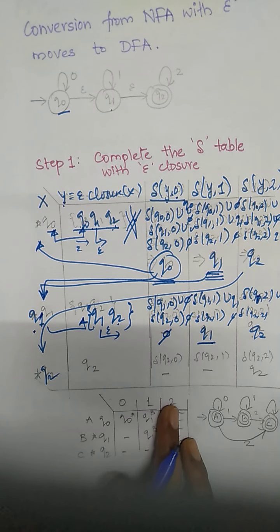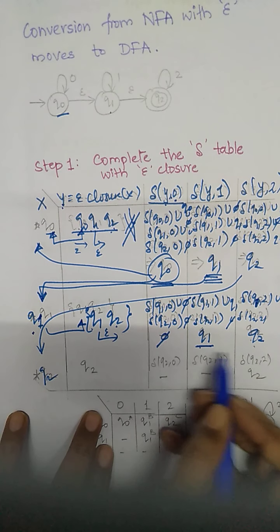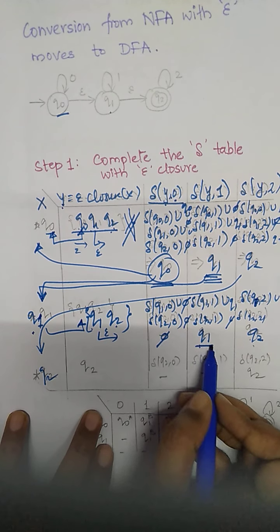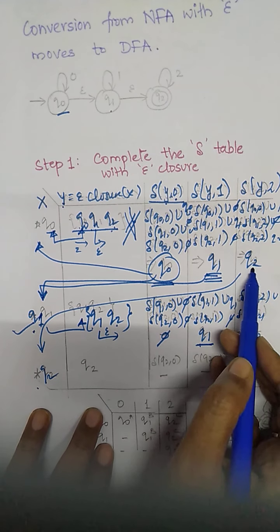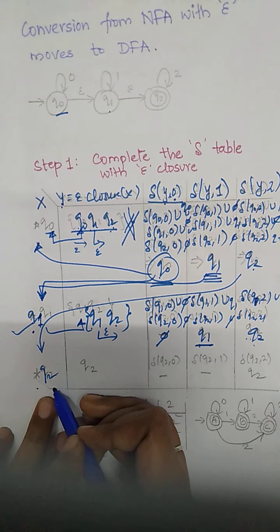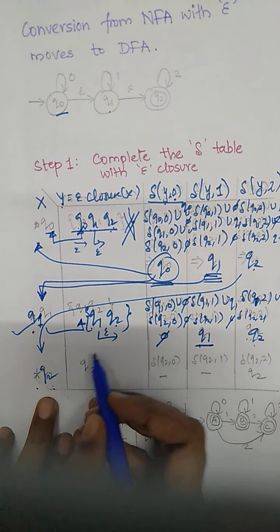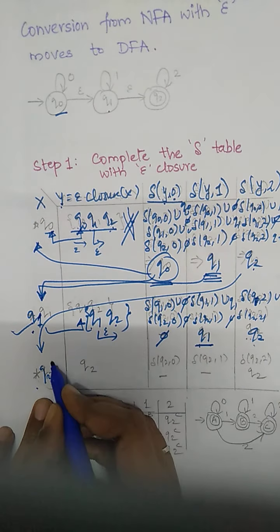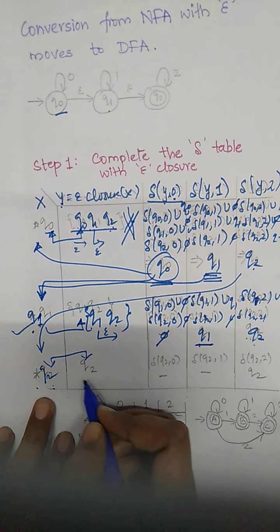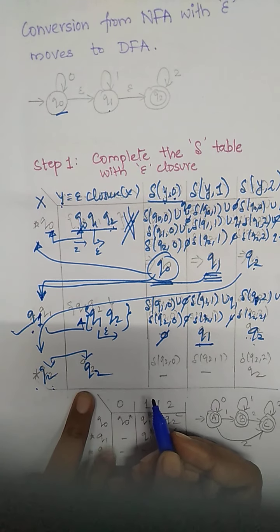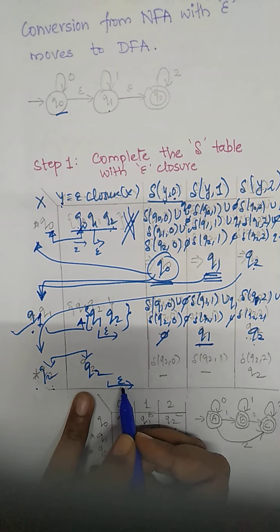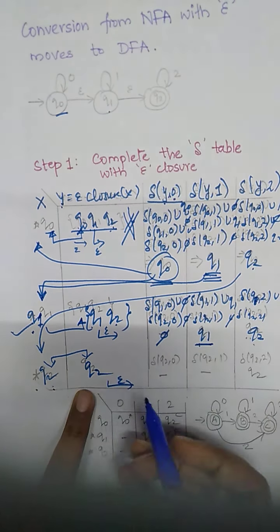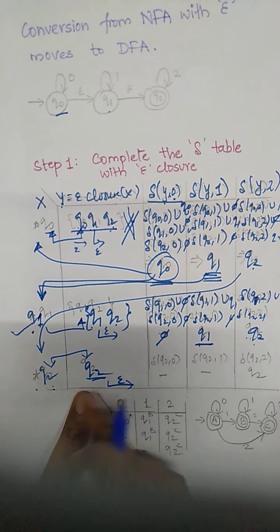Okay, now what next? These are the reachable states that we have to consider, in which Q1 we had already considered, and Q2 we are going to consider because that is already present in the previous entry. Now we start with Q2. For Q2, we have to find the epsilon closure. As a rule, in the epsilon closure, Q2 has to be there as the first state. Now next we have to find where it is reaching with the epsilon moves. So Q2 with the epsilon moves goes to nothing. So only Q2 will be the epsilon closure of Q2.